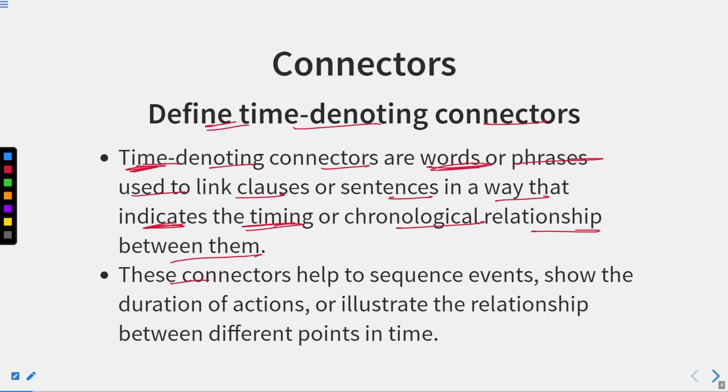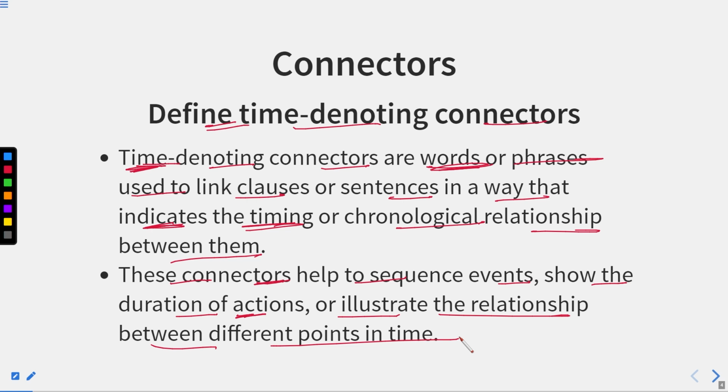Okay. These connectors help to sequence events. So this is the most important part or role of time denoting connectors, that they set a sequence of events. Okay, for example, if this happens at this time, and after that this happens, and after that that happens. So this is just making a garland of time, or a chronological order, or the sequence of those events. Show the duration of actions or illustrate the relationship between different points in time. Okay. So they set examples